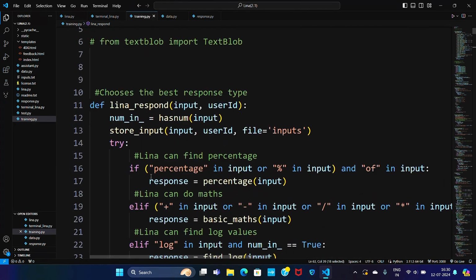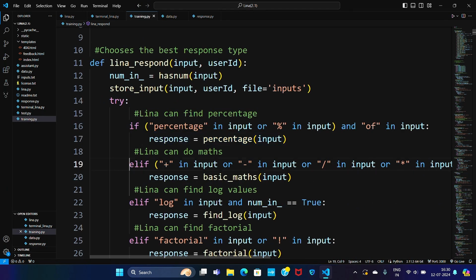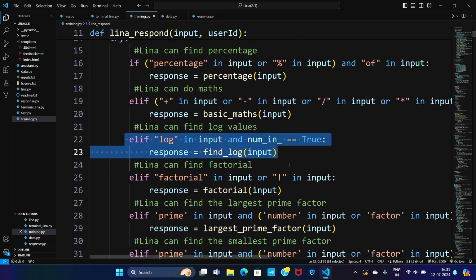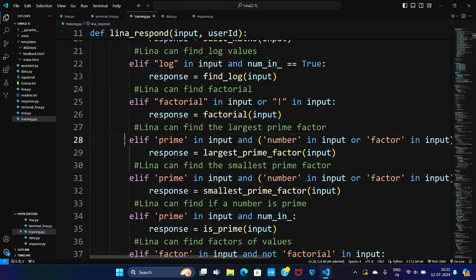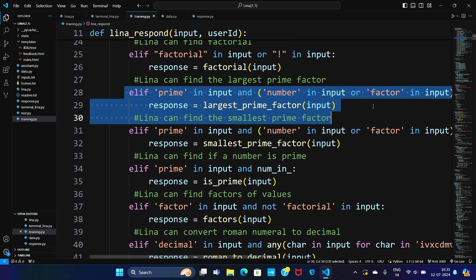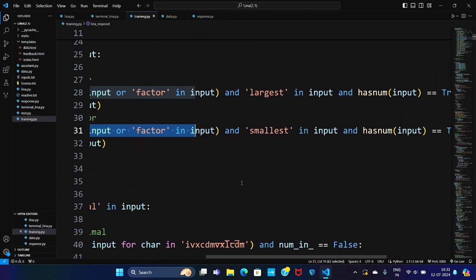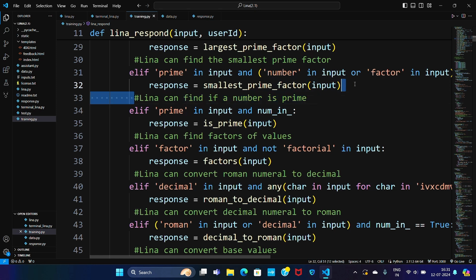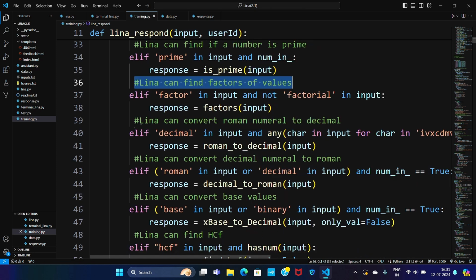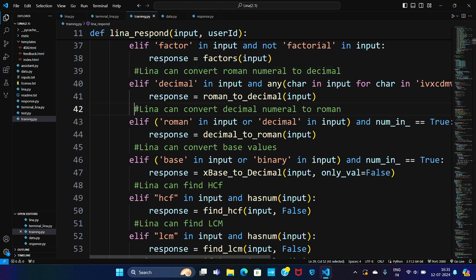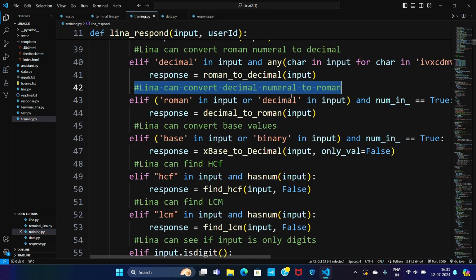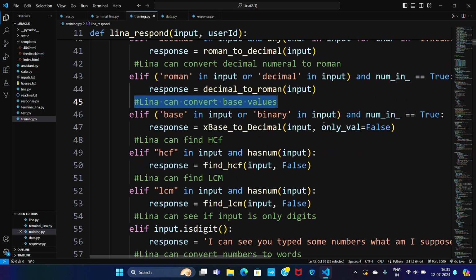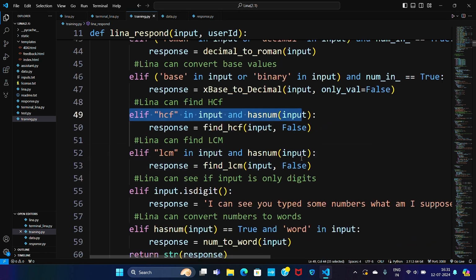Response. If percentage in input, then find the percentage. For maths, this one's for finding a log, this one's for the factorial, this one's for the prime number. No, actually it's the largest prime factor. This one's for the smallest prime factor, this one for the prime numbers. If a number is prime, okay, find the factorials of value, convert Roman to decimal, convert decimal numeral to Roman, convert base values, find the HCF, LCM,